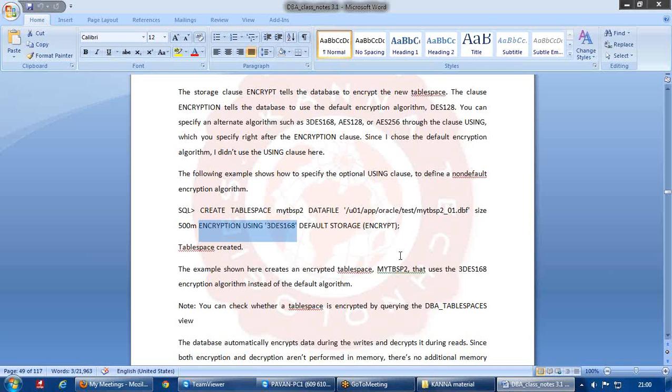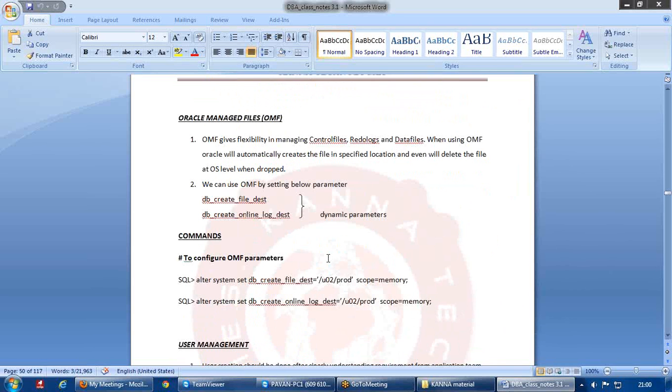So that's the reason it is largely ignored in real time. Does anybody have any queries? Even if you don't practice encrypted table space, it is fine, because we are not going to use that in real time.